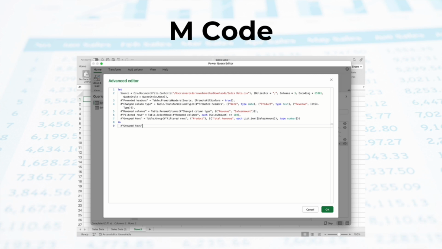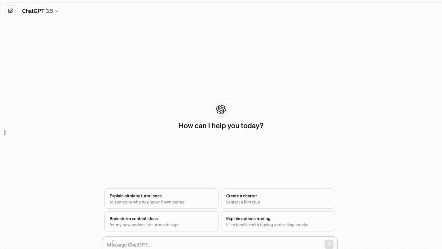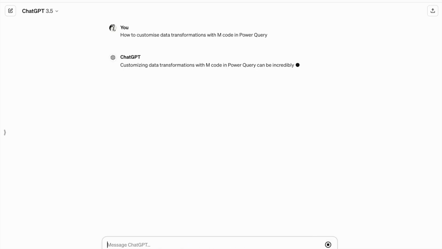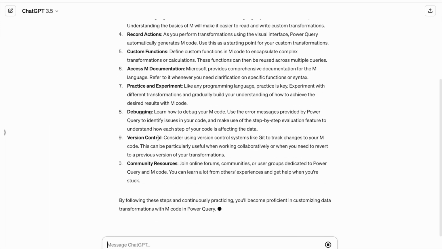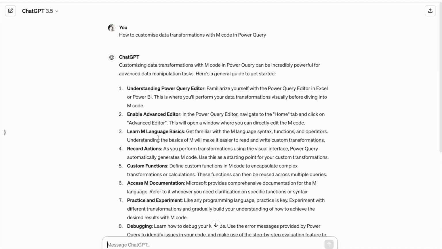So for this purpose, I am going to use ChatGPT. I am going to ask ChatGPT how to customize data transformations with M-code in Power Query. As you can see, we got the output. So here you can see